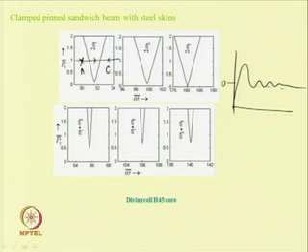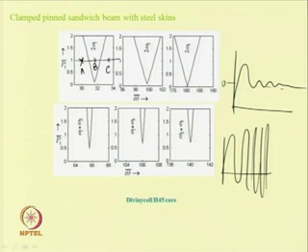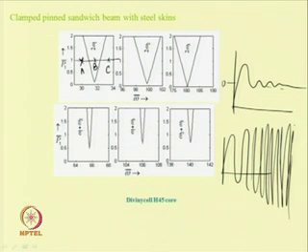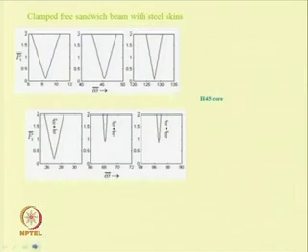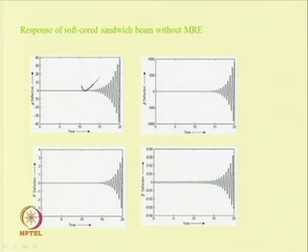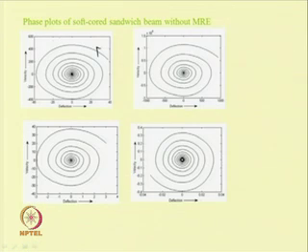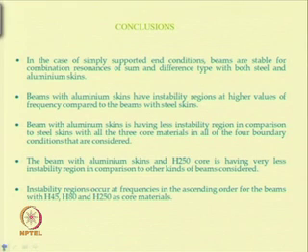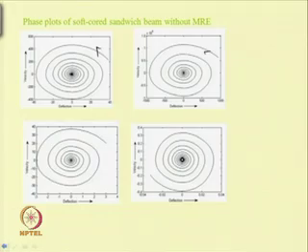Similarly, for C also it will lead to the trivial state, and if one takes B, then the response will grow, and finally the system will be unstable. In this way, one can find the instability region for different types of core and different end conditions. In the stable region, the response comes to the zero position, and in the unstable case it will grow. So, in this way one can study the parametric instability regions and obtain the response of the system